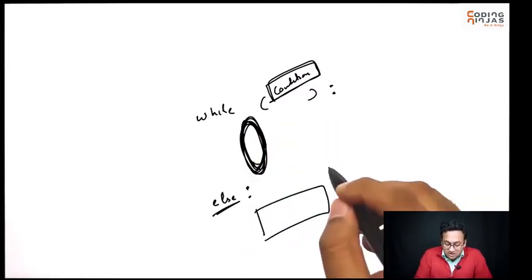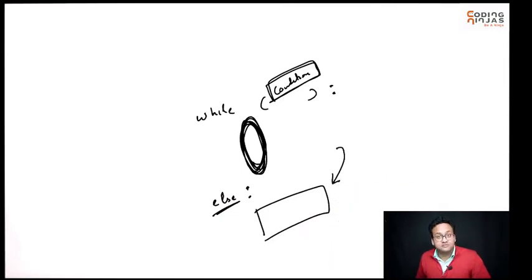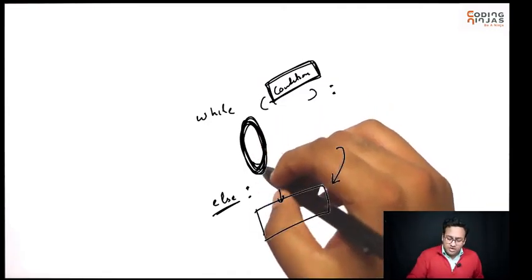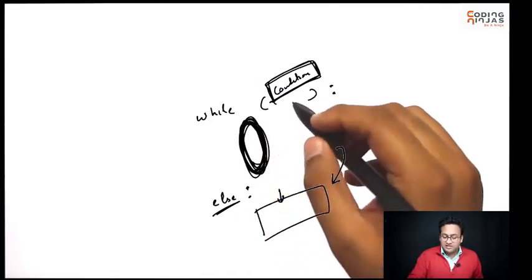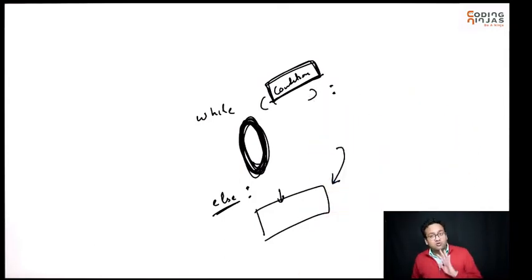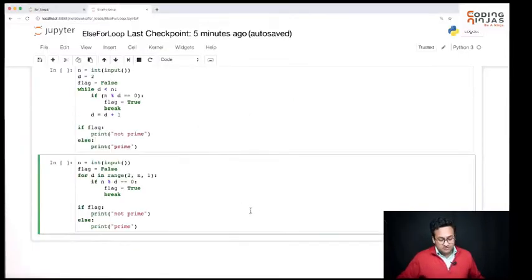But if you have an else, the code will actually come inside the else. It's basically like saying as soon as the condition becomes false, you will come inside the else. Okay, so if you put an else along with a while, whatever you write inside while will keep running till this condition is true. As soon as the while loop is over, this else will be run once. It will be run for one time. Okay, so let's quickly see a demo for that.